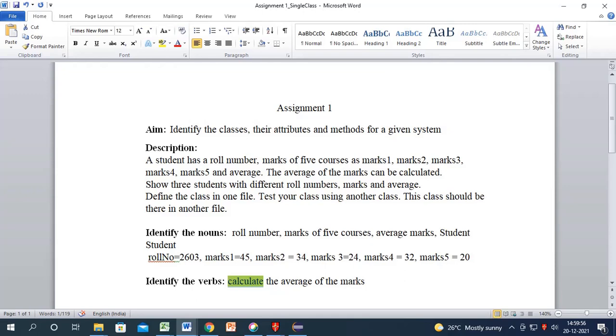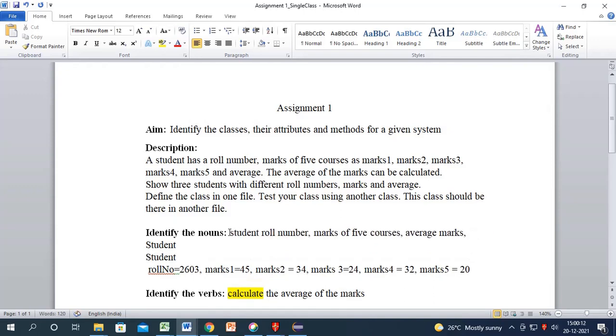Now, what are the steps which you need to follow for identifying the classes? What you need to do is, from the description, you have to identify the nouns. Now, the nouns are student, then roll number, marks of 5 courses, meaning marks 1, marks 2, marks 3, marks 4 and marks 5, and average.